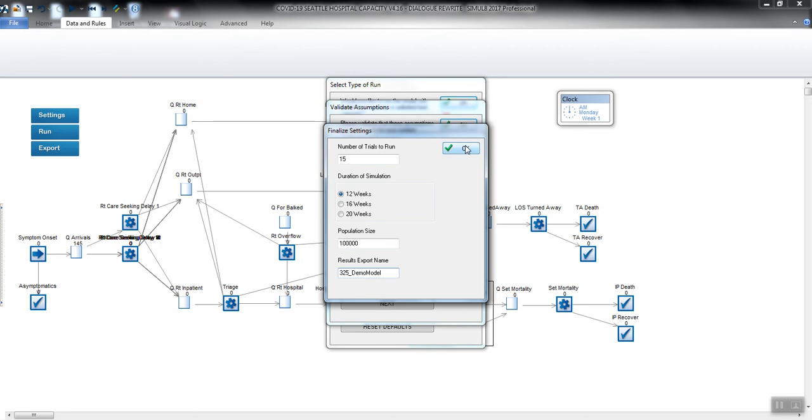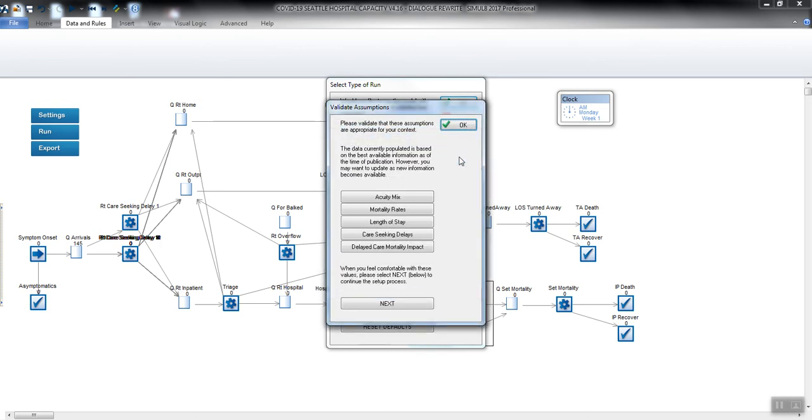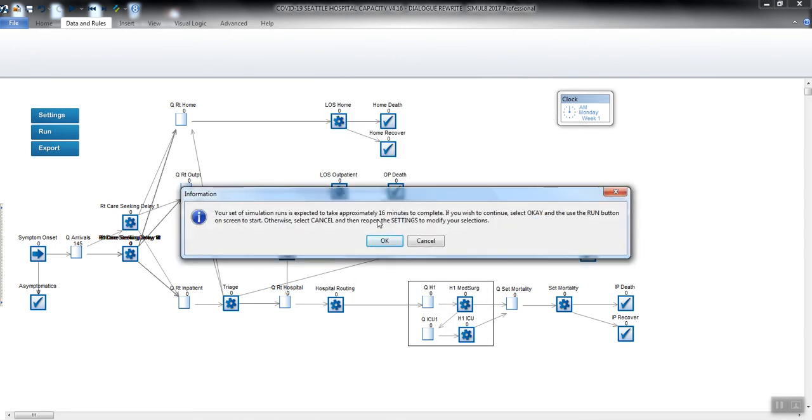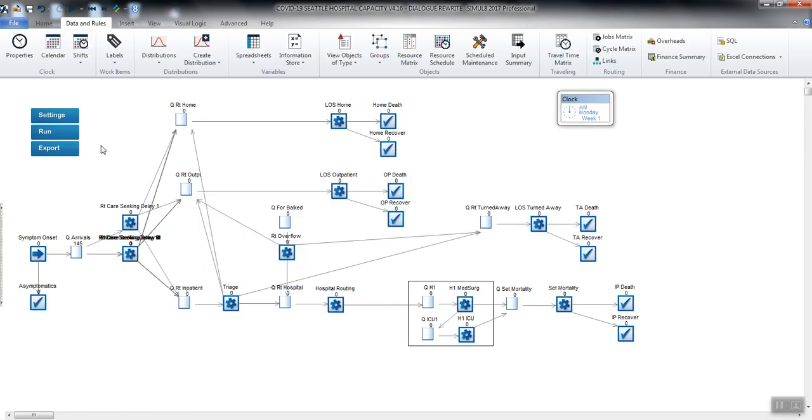Great, so once we've set all of those parameters, we just hit OK, OK, OK, OK. It's going to tell us how long the model is approximately going to take to run. In this case, it tells us 16 minutes. And then it informs us that if we want to continue, we go ahead and hit OK, and then select the Run button, and that will start the model. Otherwise, we can cancel, change our settings, and then go ahead and run, depending on how we're feeling about the selections we've just made. I'm going to go ahead and hit OK, and I'm going to go ahead and run